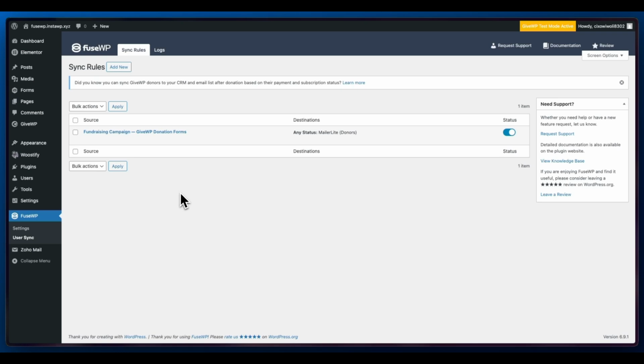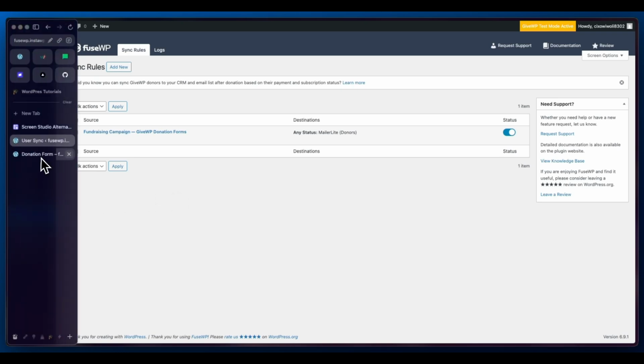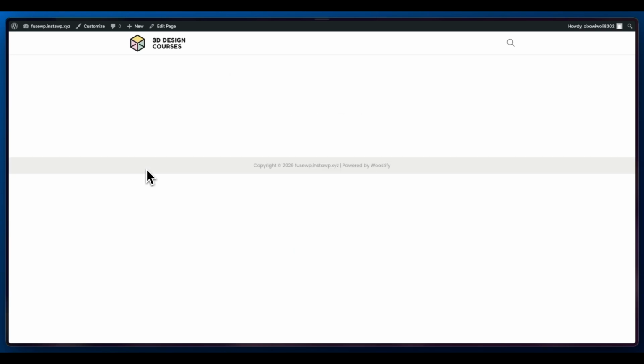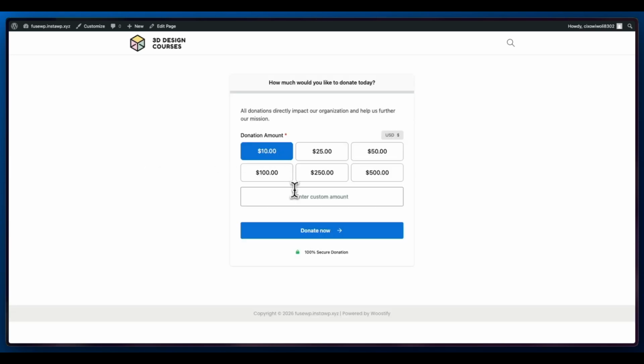All right, so the next thing we need to do is go back to the tab that we have with our donation form, and we'll need to refresh it, just so you know. Once it's refreshed, we can just use our default donation amount, or we can add a custom amount. I'm going to click on donate now to use the $10, and that will be done with a Stripe test